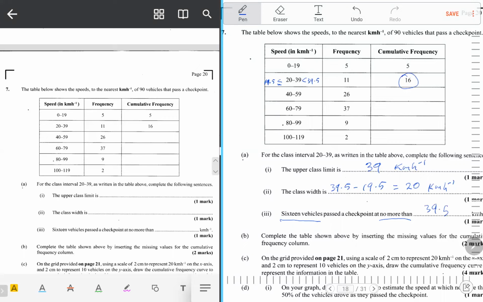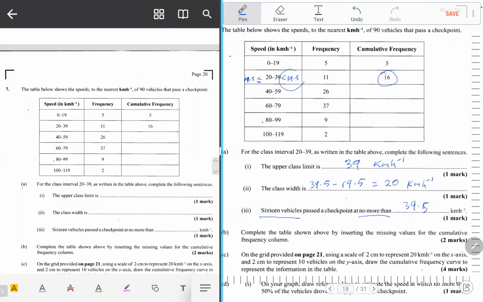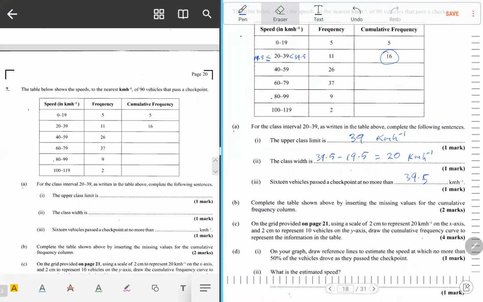39.5 kilometers per hour, because that is the upper boundary for this class. So you have 5 vehicles from the first group, and then 11 vehicles in the second group. None of them can pass more than 39.5. All right, so that's that. 39.5. The next part now says,